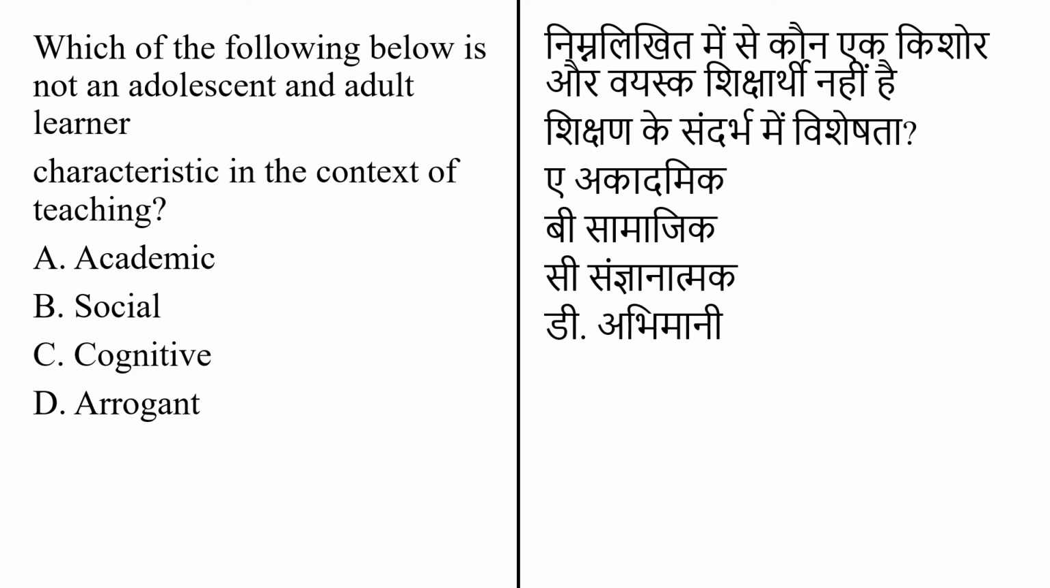Which of the following is not an adolescent and adult learner characteristic in the context of teaching? So here in this question they give you the 4 options and ask which of the following is not an adolescent and adult learner characteristic in the context of teaching. So the first option here is academic, second one is social, third one is cognitive and the last one is arrogant. So when we are talking about the academic characteristic of the learner, it includes the education